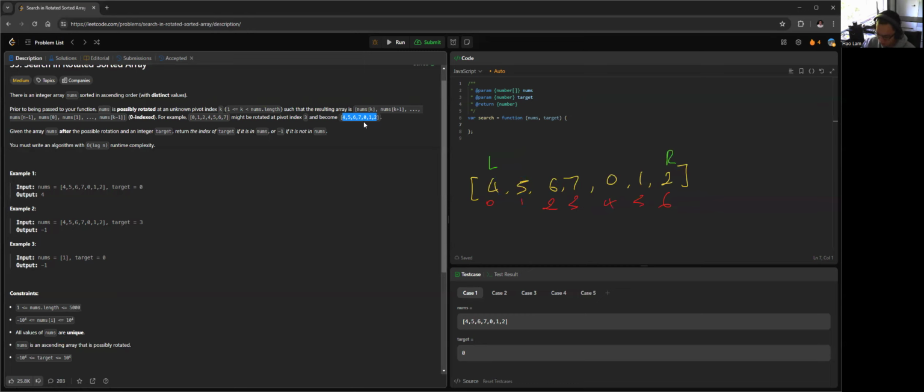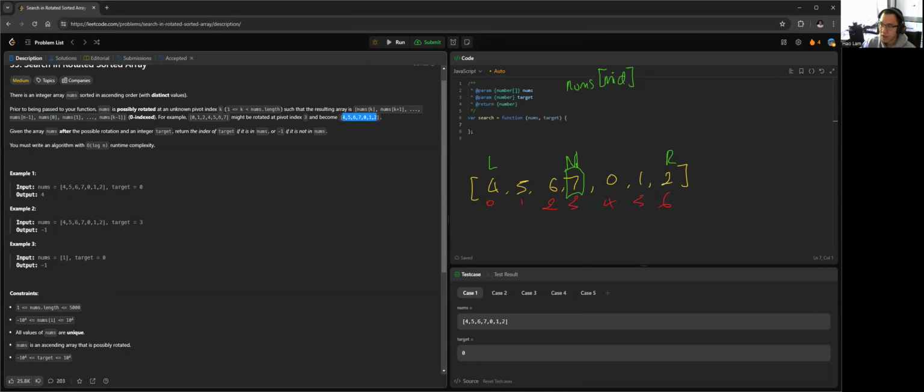We have 7 elements here, so the middle element is going to be here. So we compare. In a normal sorted array, the element at the middle index, nums at mid, has to be